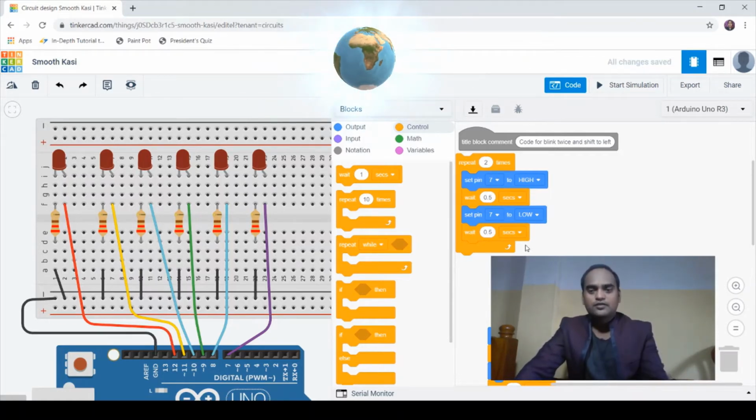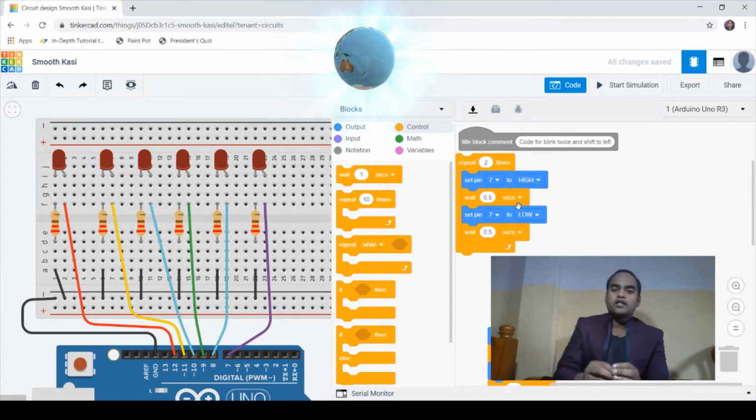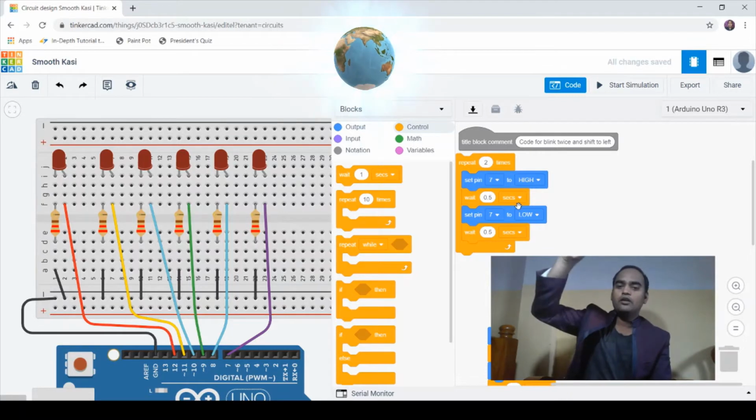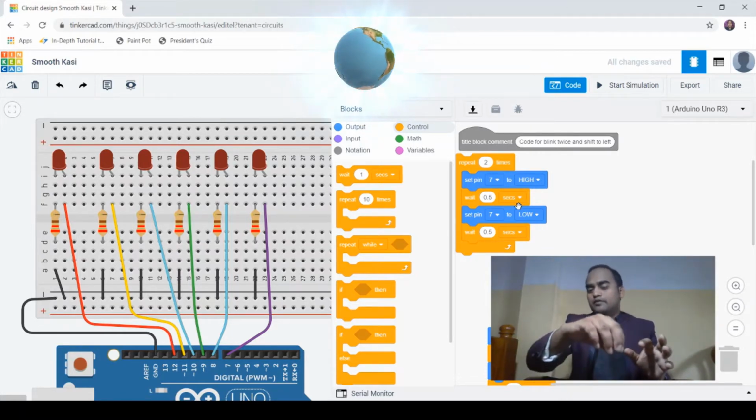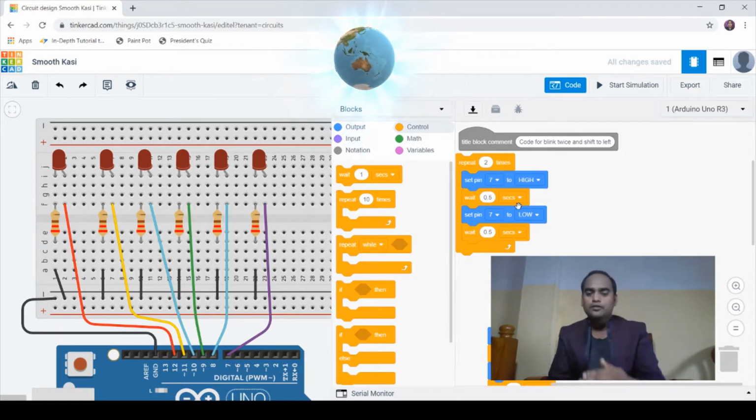These blocks will get executed 2 times. So it will turn on, off, on, off. Two times is done, then it will exit from the loop and do the next job.